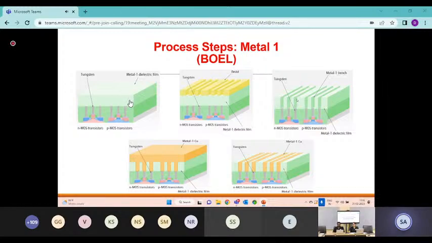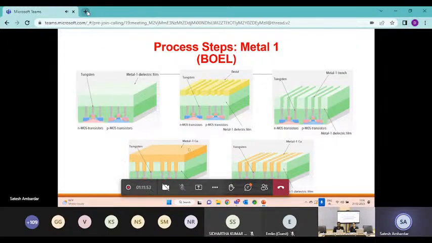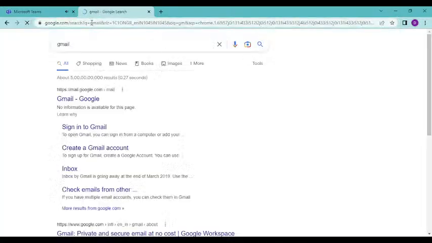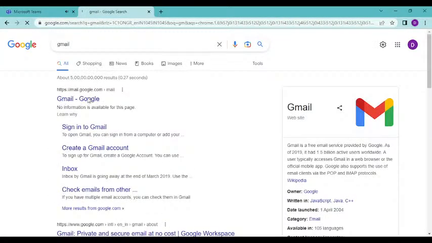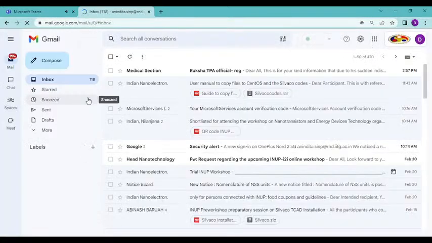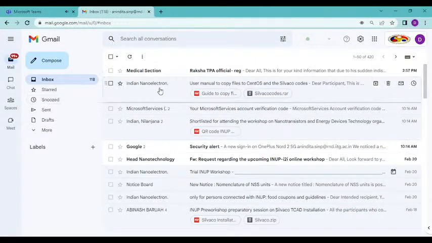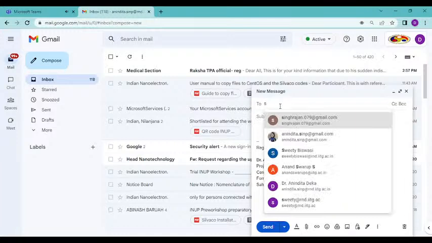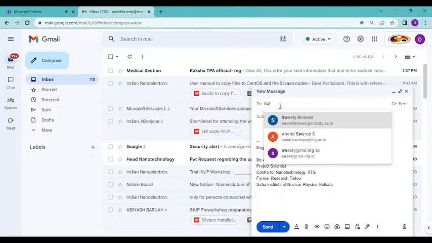The vias are the interconnects between each metal line, and for the metallization, earlier it used to be aluminum, but as the technology node has advanced, the clock speed has to be increased to reduce the RC delays. So now the copper damascene process is employed in all the advanced nodes. So you can see the metal 2 and metal 3. So this process gets repeated, and finally we have a device like this, wherein